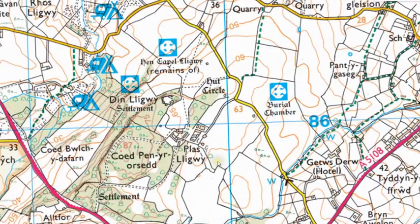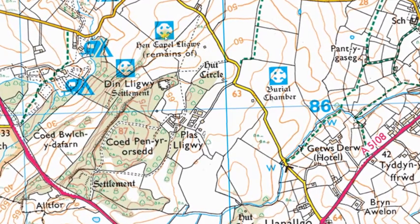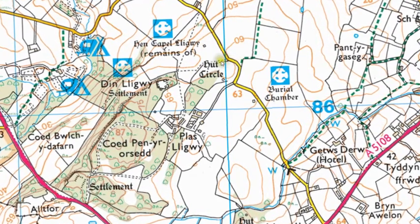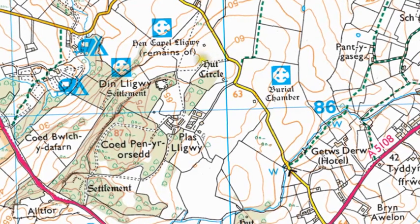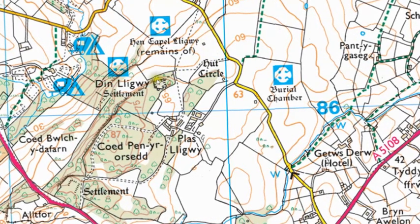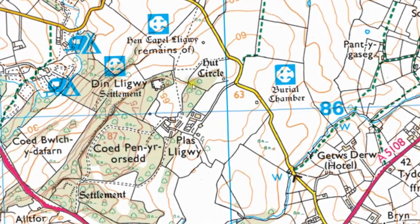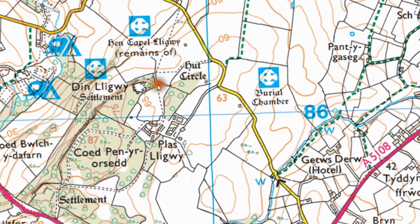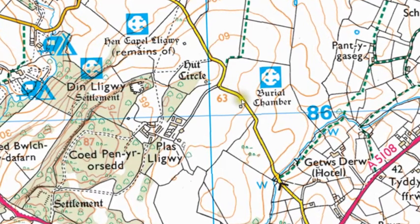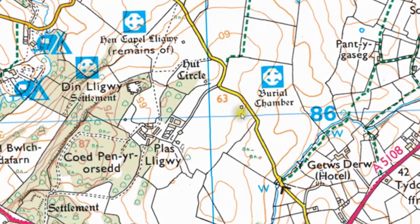I'll just get the map to change. There we are. So we're going to begin at Capel Lligwy, which is there. That little square there is the chapel. We actually parked here and walked across the field to it, and then when we left the chapel we walked towards these trees, and in the middle of these trees is a clearing, and within the clearing is Capel Lligwy settlement. So we're going to have another look at that, and when we've finished there we're going to go back to the road, walk up the road for about a quarter of a mile perhaps, and have a look at the Lligwy burial chamber, which is just there,